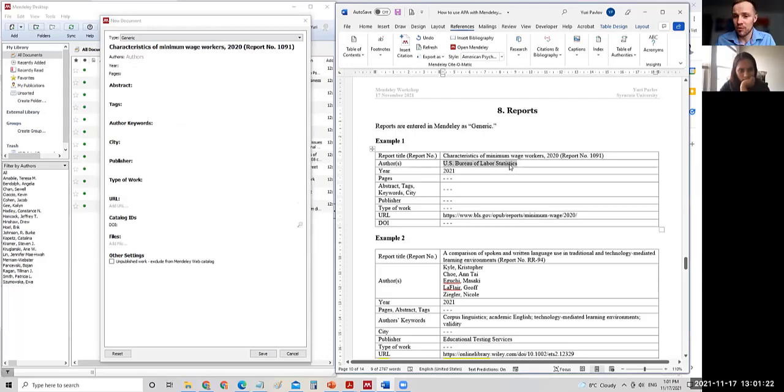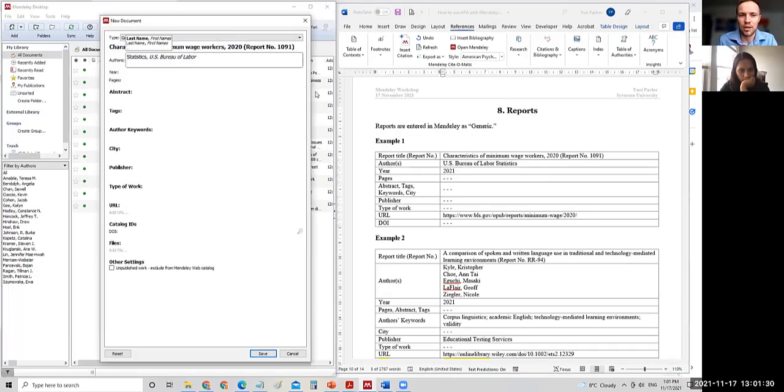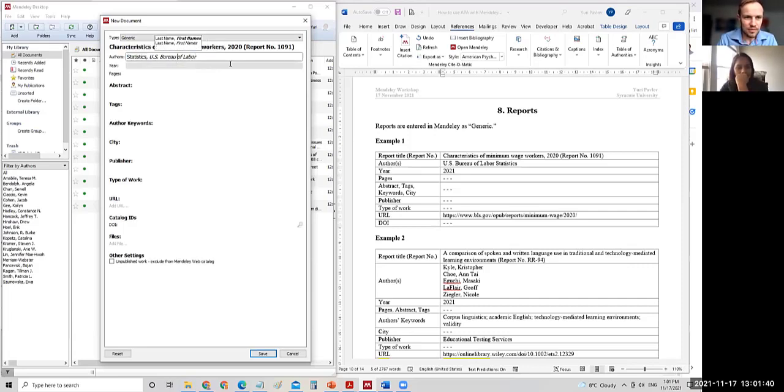The author is US Bureau of Labor Statistics. You have to be careful here. If I place US Bureau of Labor Statistics and I hit enter, look what it does. It thinks that US Bureau of Labor is the first name and statistics is the last name. So that's incorrect. So I go back to the author because I need US Bureau of Labor Statistics. Once you do this, before you hit anything, I just place my cursor on the option and I hit it. So it saves it without creating any commas, without separating the last name from the first name,